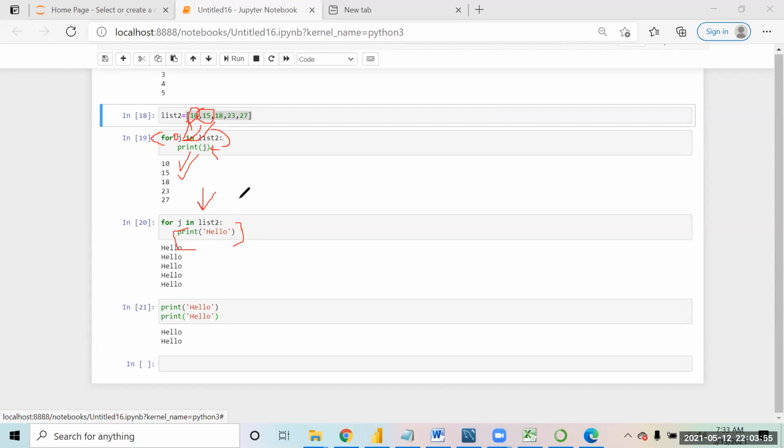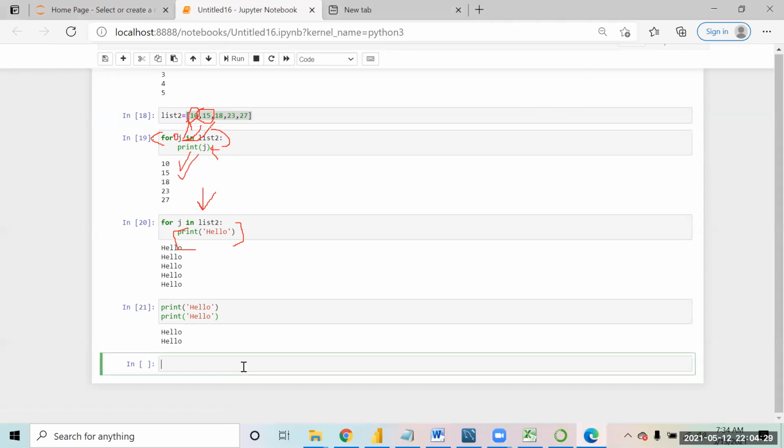Hi Amit, I have a doubt. To use the for loop, do we always have to define a list before? You can define a list or a tuple or a dictionary, you can define anything. So without defining, it won't take the iterations from anywhere dynamically? No. That list is required to define the number of times. But it's not mandatory to define it separately. You can say for j in, and define the list over here also.